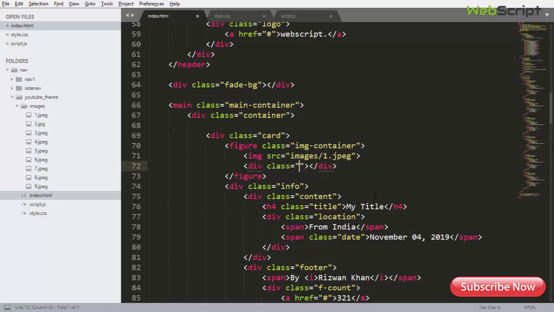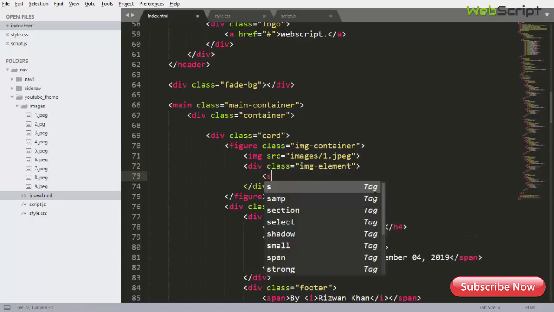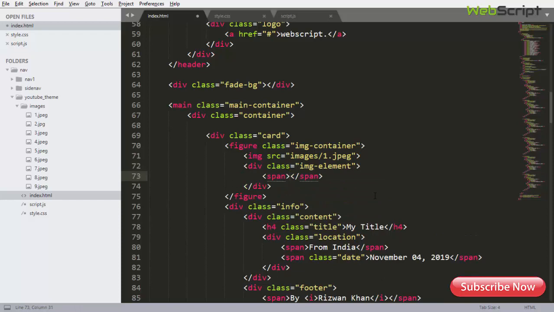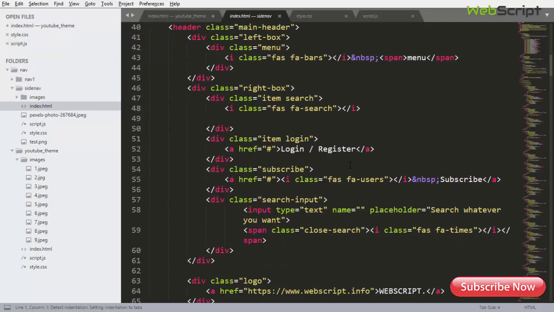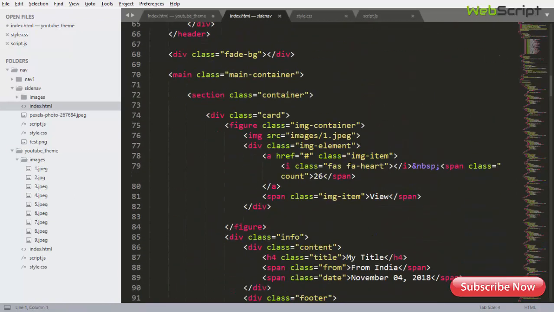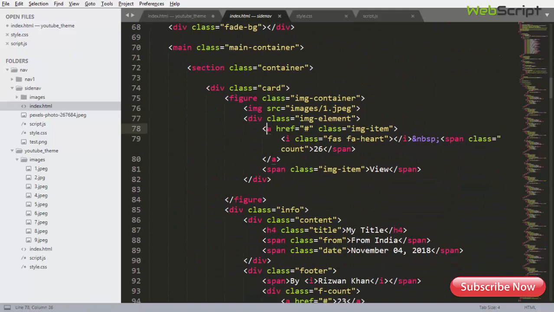Display class and image element. You can say that span or whatever. Let's get it from my previous code because I'm consuming so much time. Image element. Let's take this, copy, and